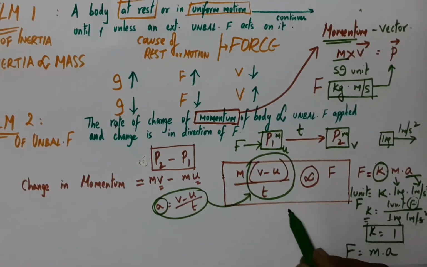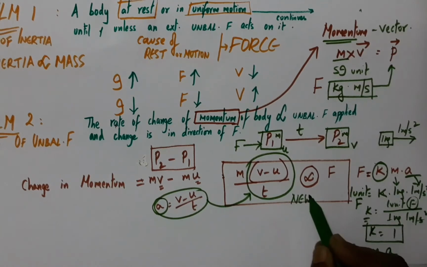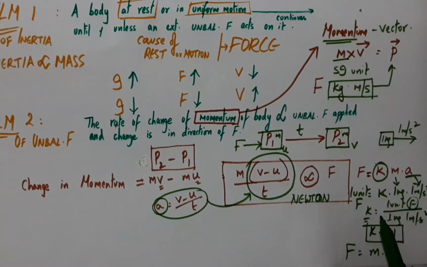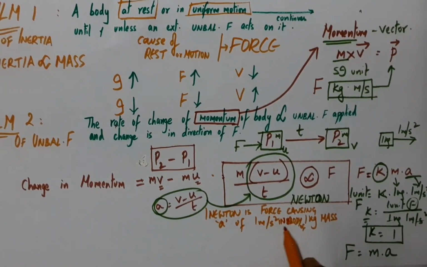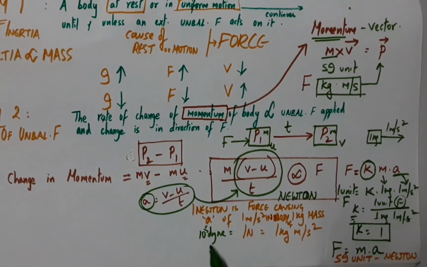The SI unit of force is Newton, and Newton is defined as the force. So finally, 1 Newton is the force causing an acceleration of 1 meter per second square in a body of 1 kg mass. The CGS unit of force is dyne, and 10 power